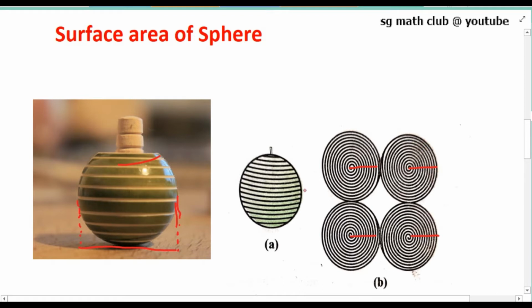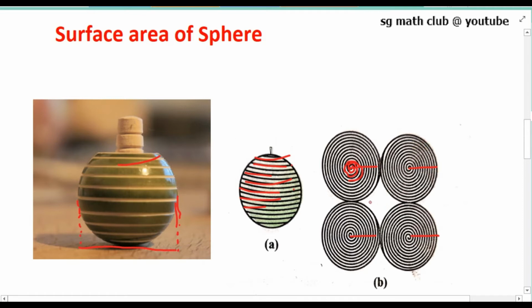Now the string you have taken, start filling these circles with it. You need to fill the circles one by one with the string you had wound around the ball. So in the ball you have wound the string, after that you remove it. Then you have drawn 4 circles of radius equal to the radius of the sphere, and you fill the circles one by one with the string. Now you can see that the string which had completely covered the surface of the sphere has been used to completely fill the regions of these 4 circles.